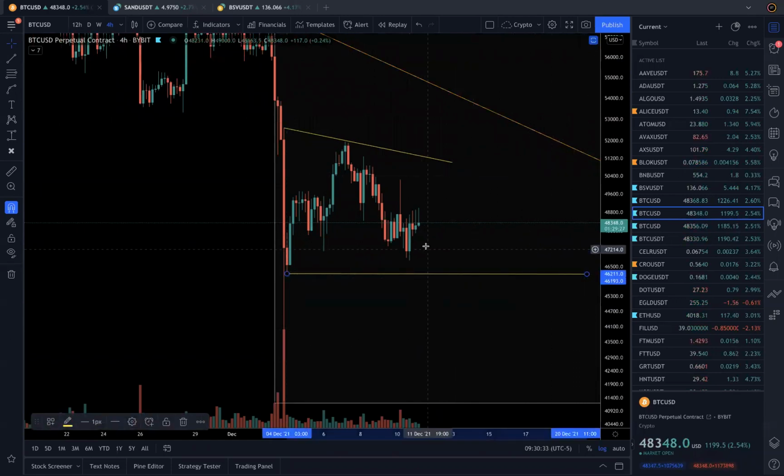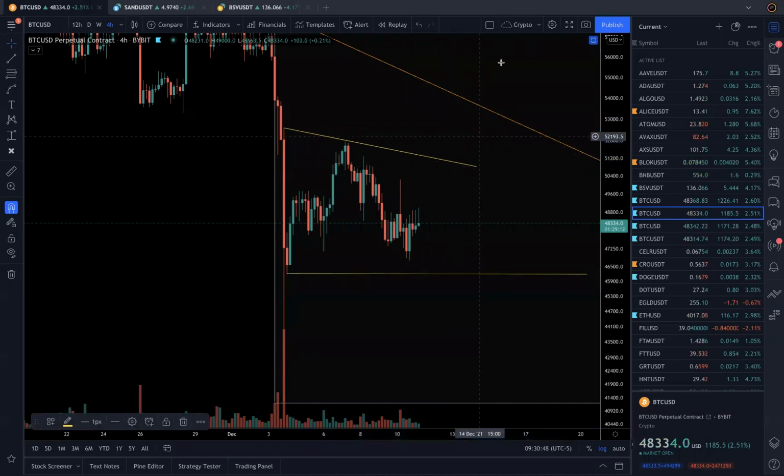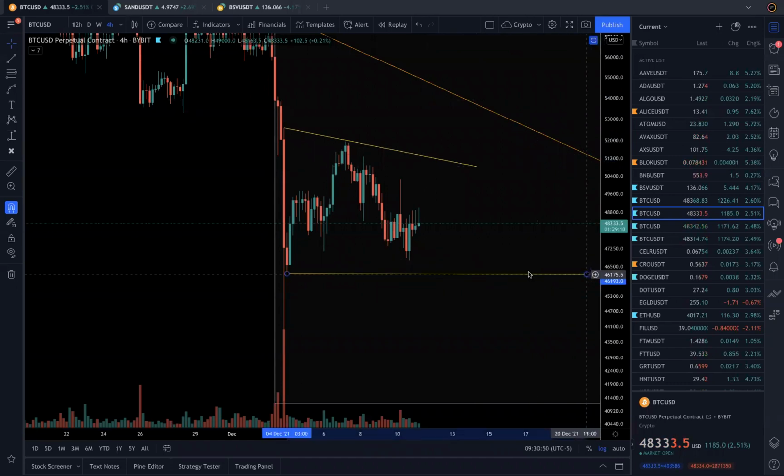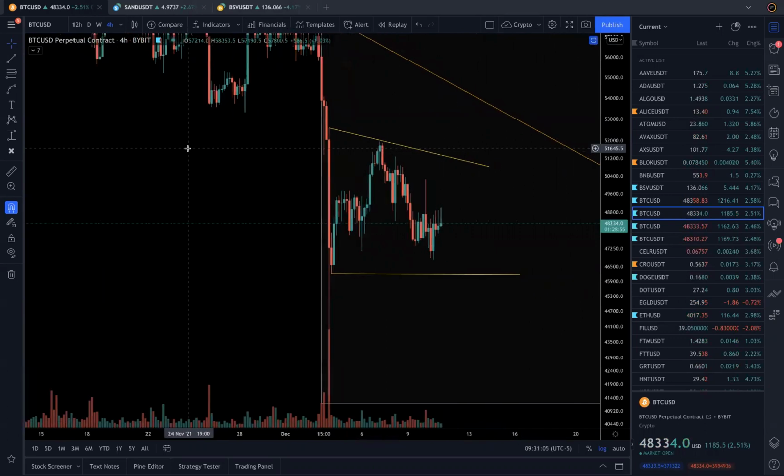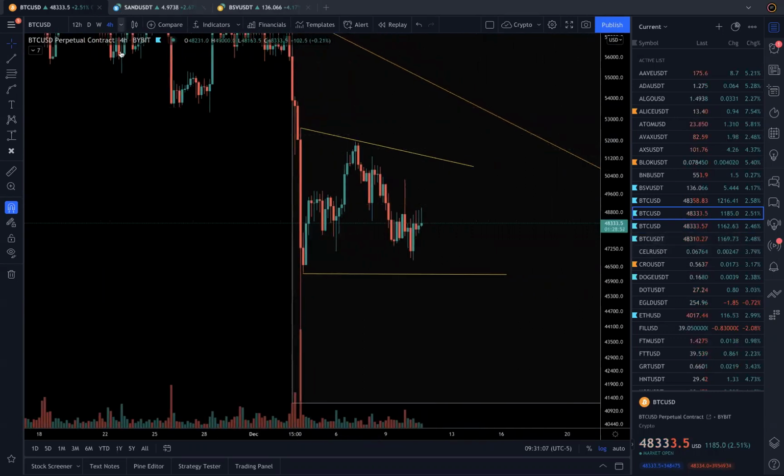So it again gives a lower time frame support. Okay, so if it drops here, you can expect it to bounce from here, but all low time frame, and low time frame is unreliable. Okay, but we are just keeping it for education purposes, not because it helps in trading much, as I said, unless you are an intraday trader. But we wanted to see how it looks on 4 hours, right? So we looked at it.